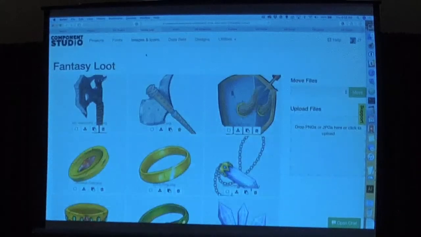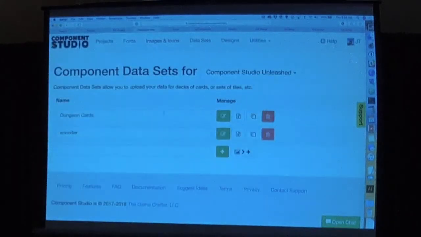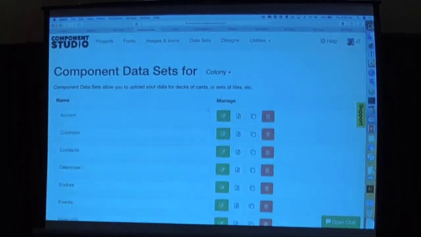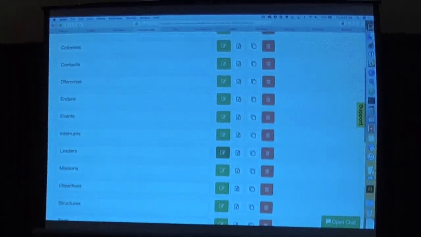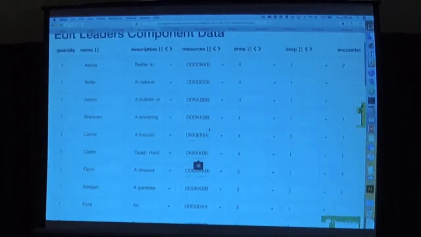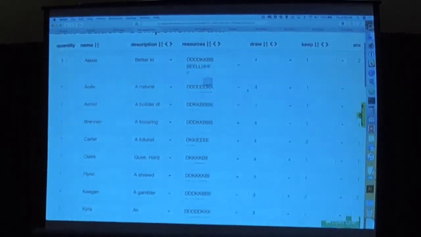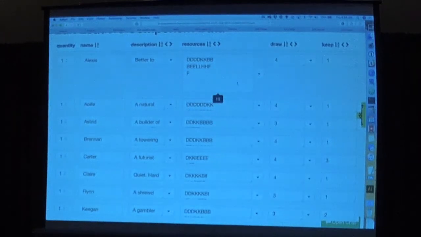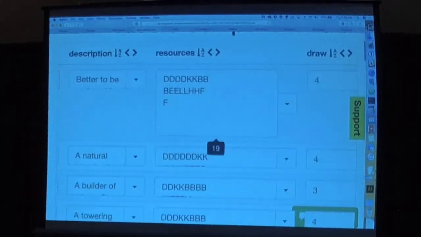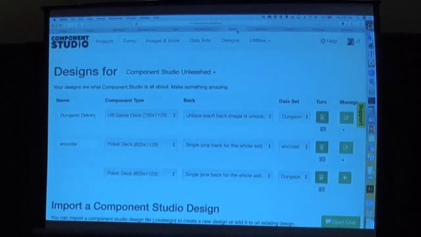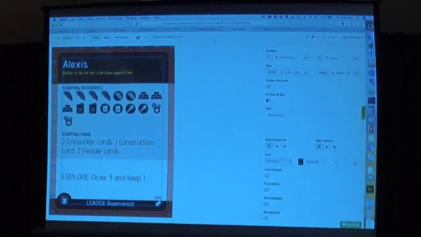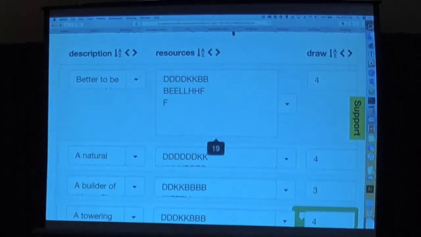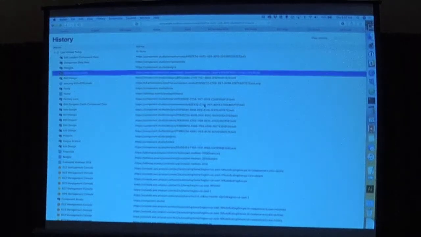If I go over to datasets and switch to colony, this is a different project. We're going to go into leaders and right here, resources. You can see there's a whole bunch of letters in there. If I go back to that, you can see that I'm getting icons instead of the letters that I'm typing in. And how I'm doing that is I've actually defined,